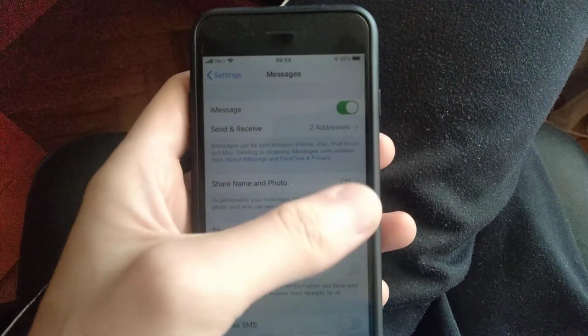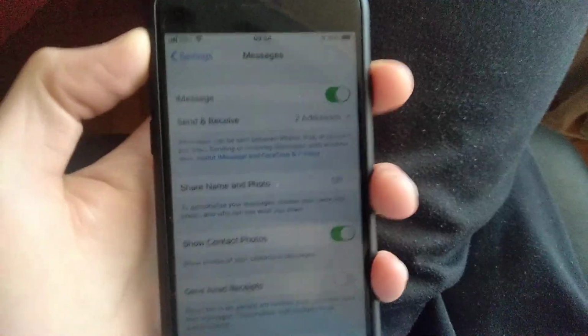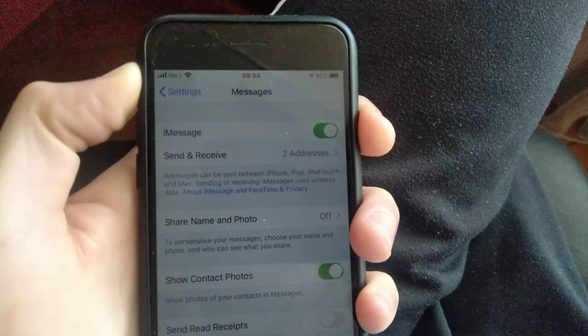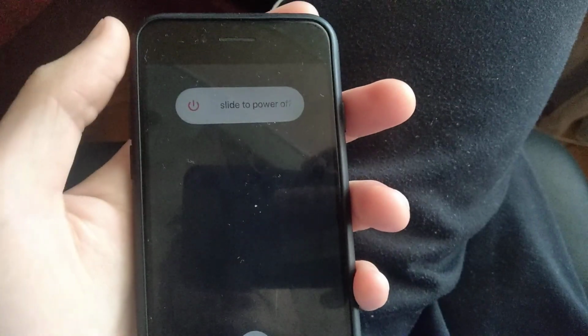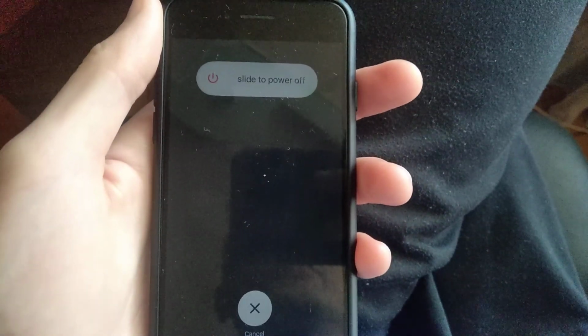After that, you can also try to restart your phone. Keep holding the power button and just slide to power off, and then turn it on again. So I hope that one of these methods will